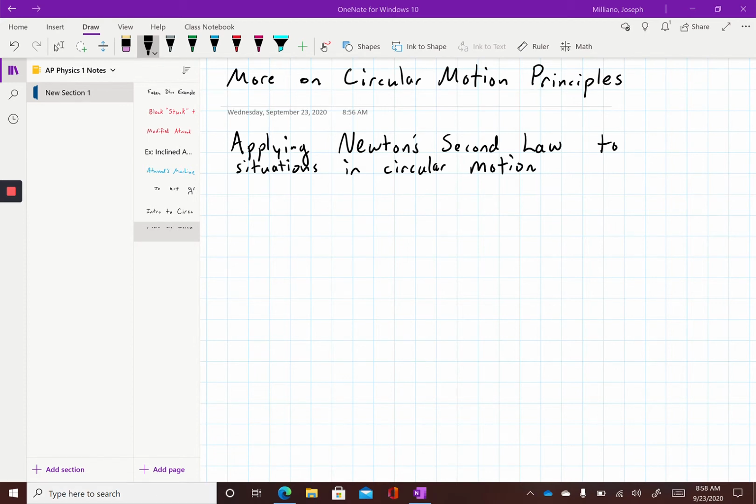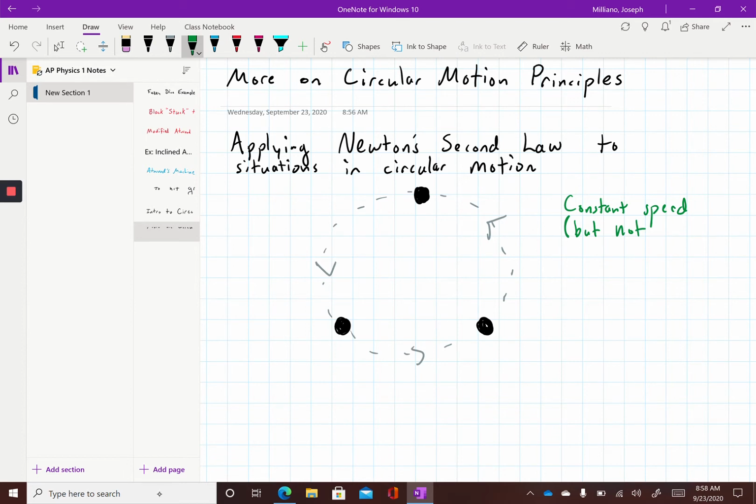But let's say we have an object that is moving in a circle. And we'll draw it, and we'll say this is a counterclockwise circle from our perspective. And we'll say that it's moving with a constant speed. And I should emphasize that does not mean a constant velocity,